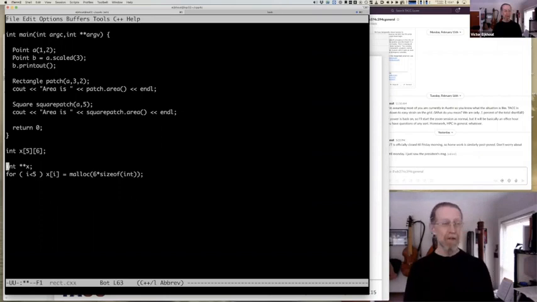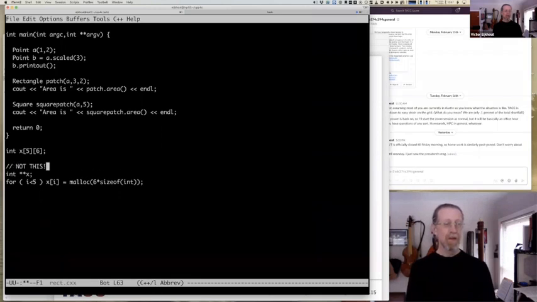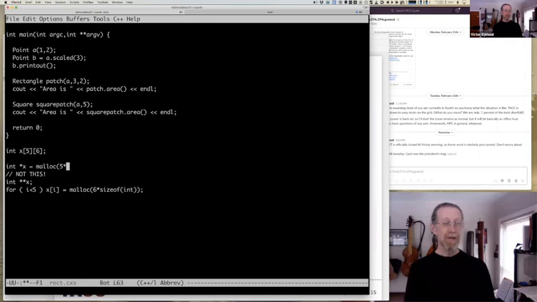It's an array of pointers, and then each pointer is set to a consecutive row. I hope no one thinks that this is the case. This is really